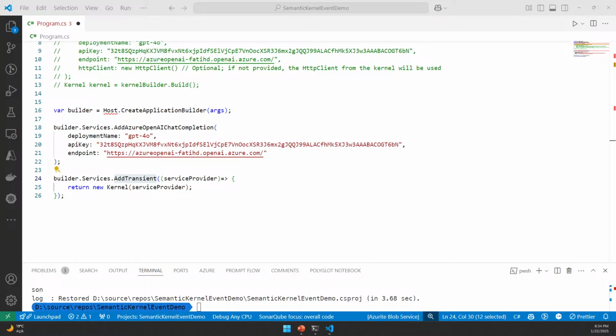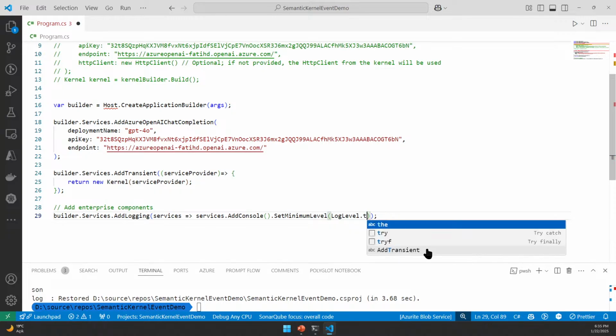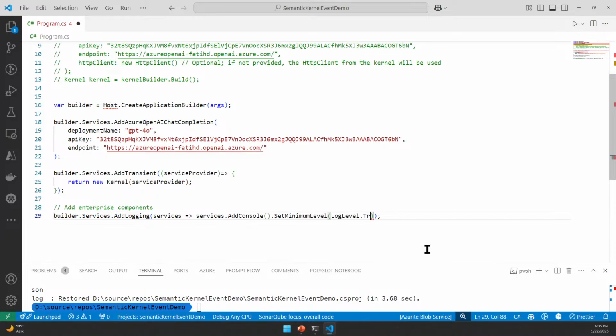Okay, this one. Add enterprise components, builder, services, add logging. And then I will give this at console, and the level of the logging is trace level. It can be trace level, it can be debug level, it can be critical, whatever. It depends on the level of the logging that you want to log, right? So if you change this one, maybe debug another one. So you need to check, you need to, of course, read the documentation about this